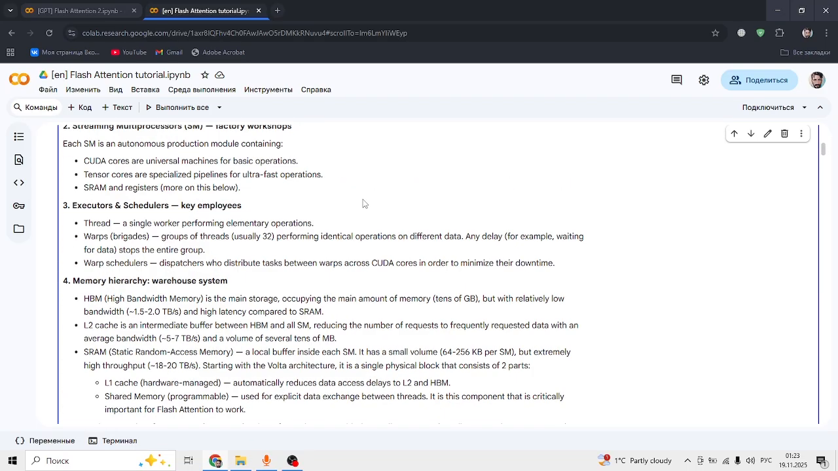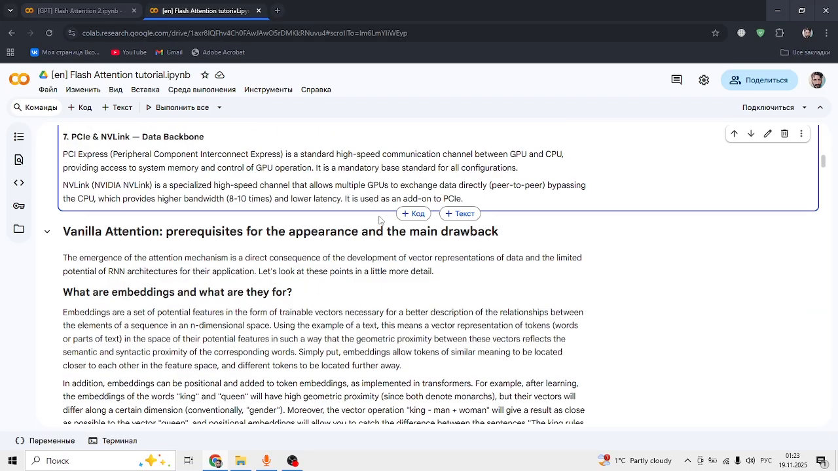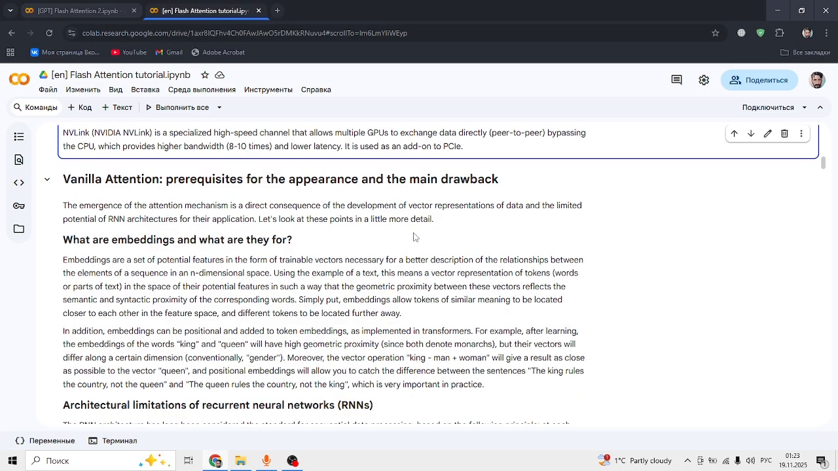So these are the main components we need to know before we deep dive into FlashAttention. But before this, we need to also know what the classical or vanilla attention is. Let's start with the prerequisites of its appearance and its main drawback. So everything has begun with